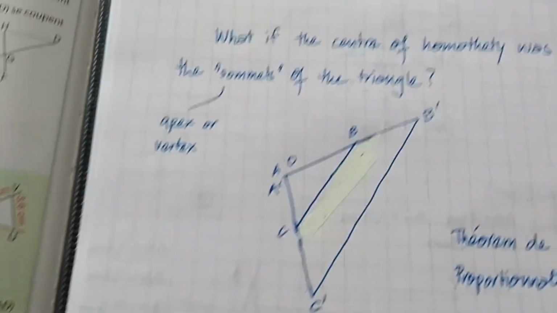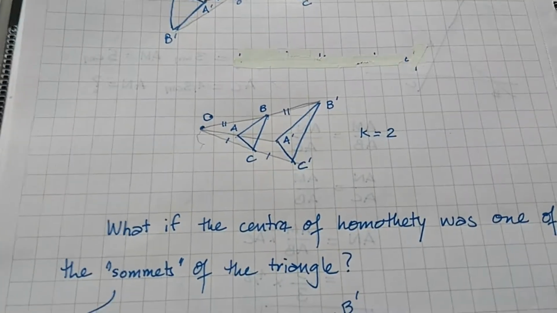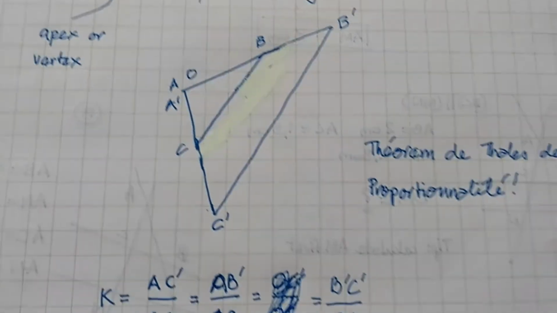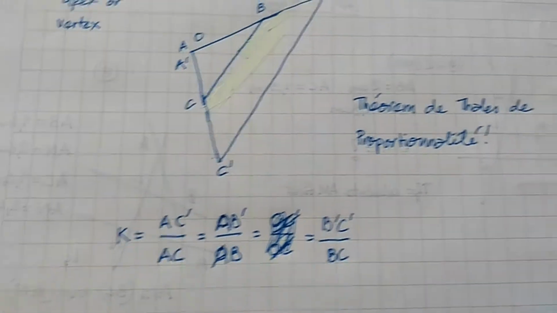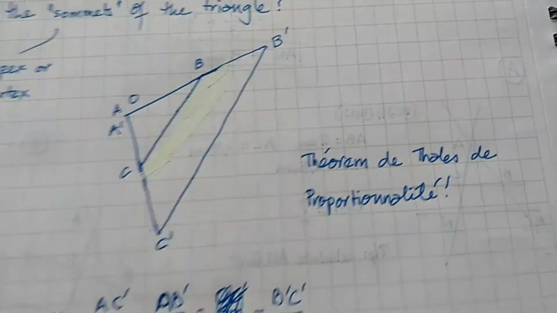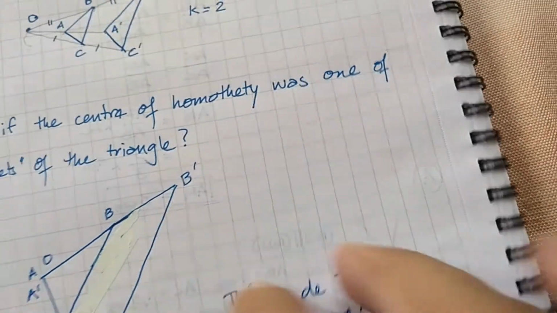So this links our agrandissement et réduction avec un centre d'homothétie to Theorem de Thales. This is a useful concept. In some of the problems they will mix these two different concepts and ask you questions. Okay. So now we move on to